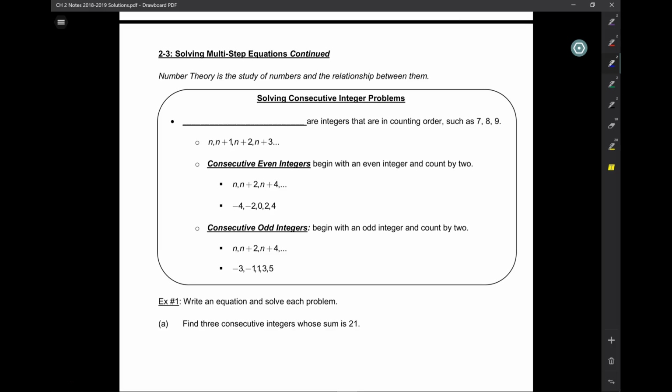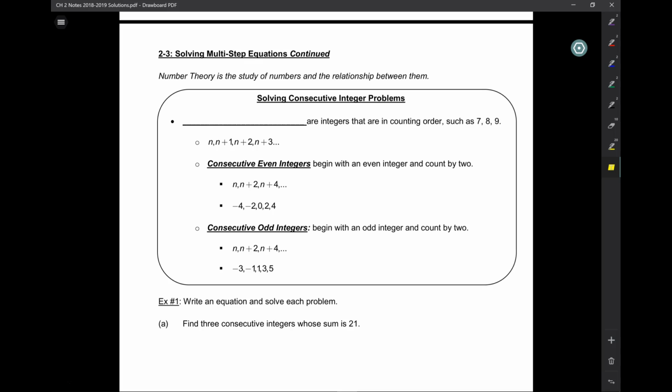Okay, so we are on page 14, 2.3. Like I just said, we're going to be talking a little bit about number theory today. And that's when we look at numbers and we try to find relationships between different numbers. So what we're going to do is solve some problems that say,